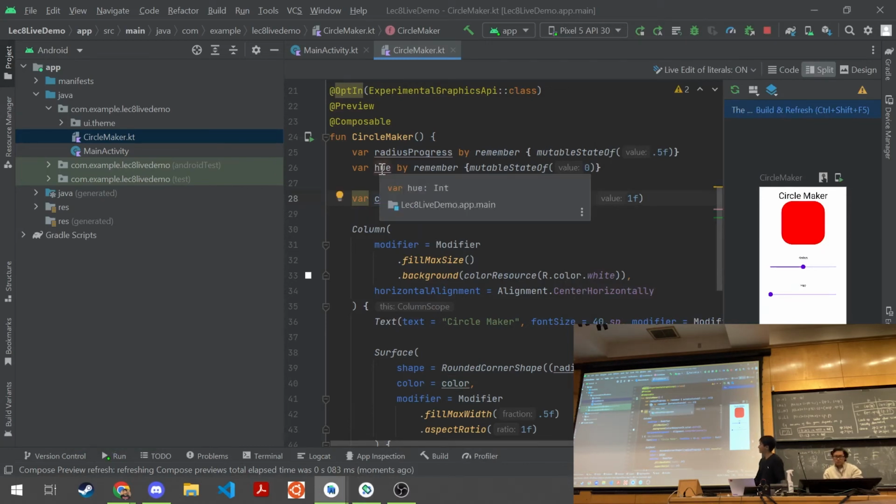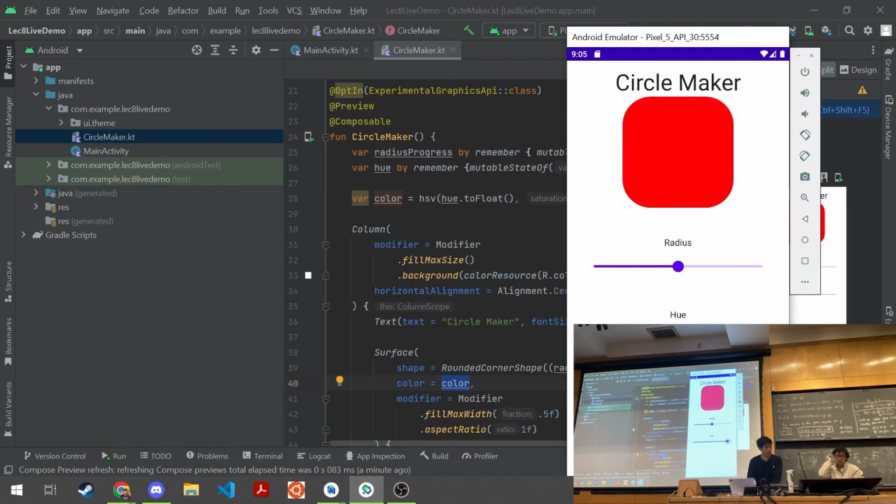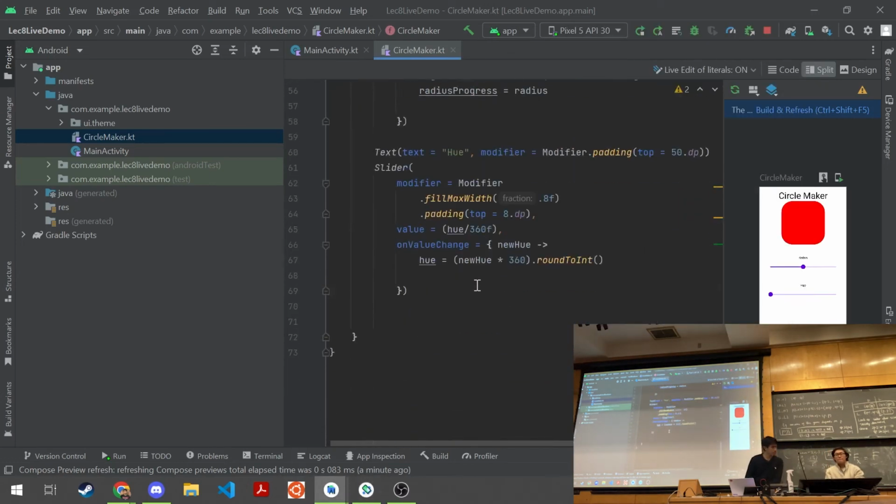So hue is being changed in color, and so color is being changed in surface. So it's sort of this chain of recomposition, or the recomposition makes this sort of chain downwards, where everything that references hue will also sort of be recomposed. And as you can see, it has a nice little effect here. So I can do the same for the sat and value,